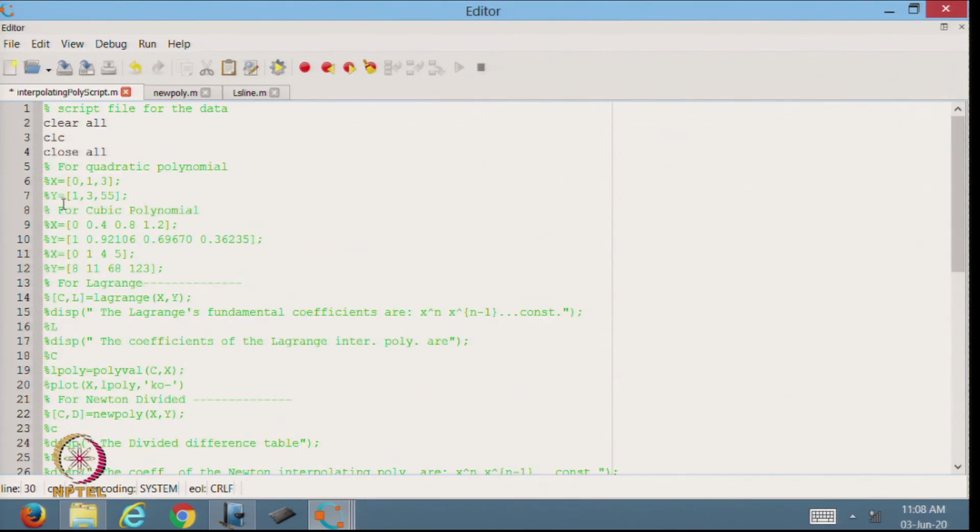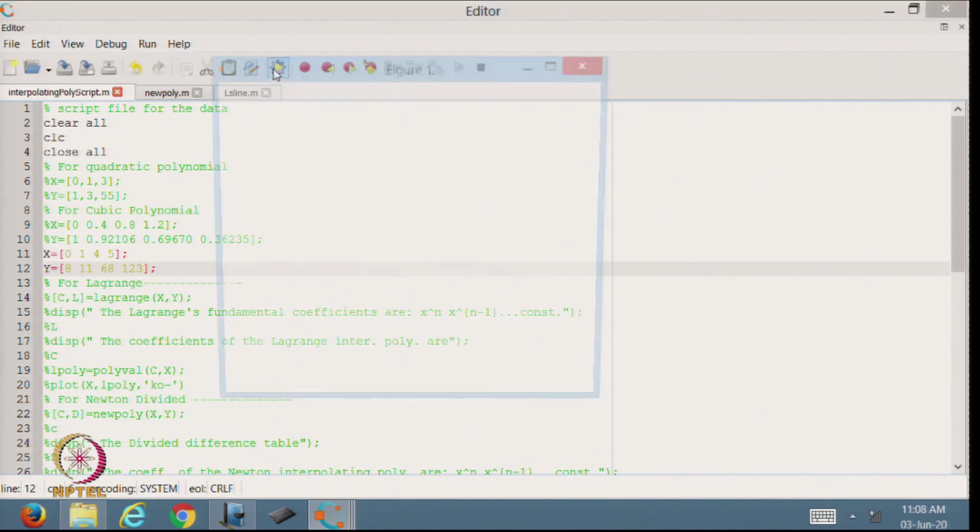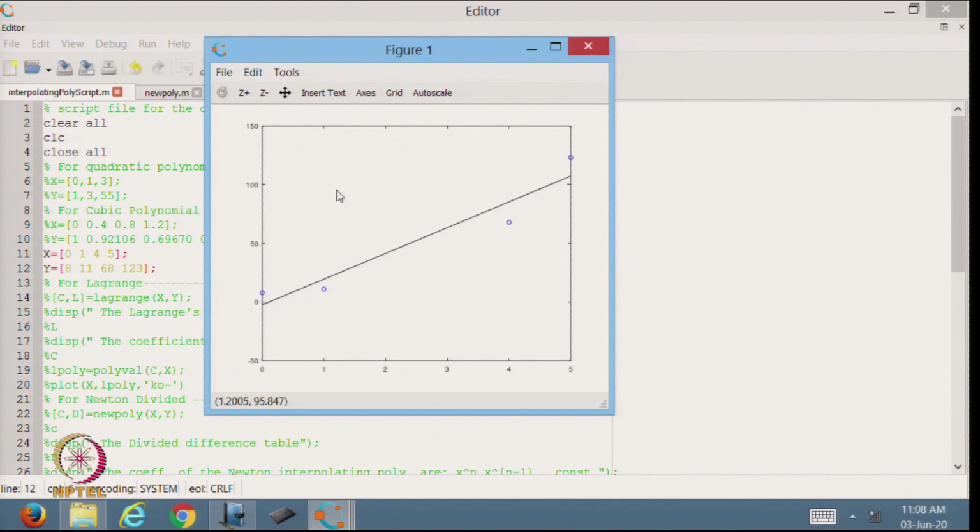Let us take this x and this y. So, that is another line. In this case I have only 4 points. At 0 it is 8, 11 and then 68 and 123. So, this is the x coordinate and this is the y coordinates.